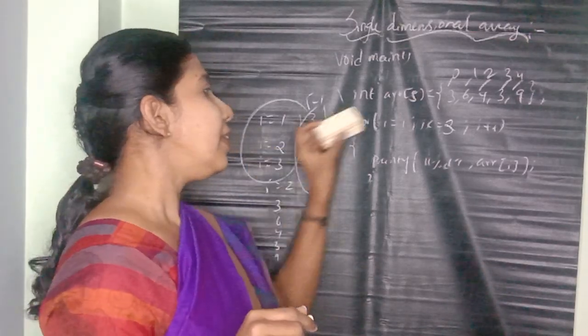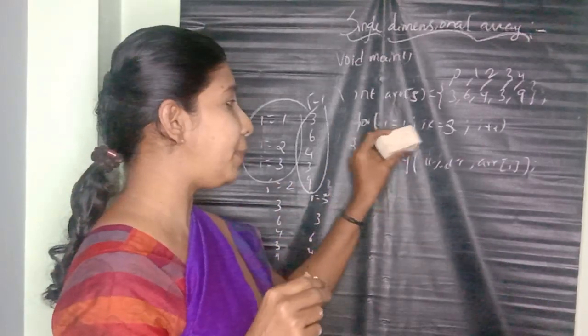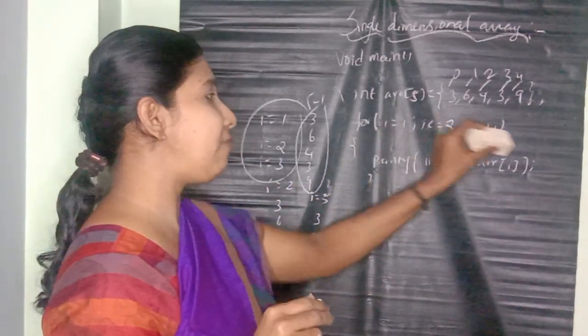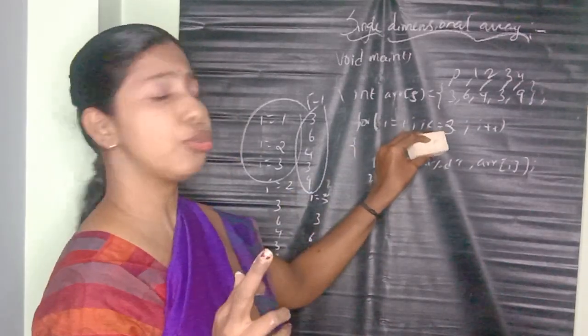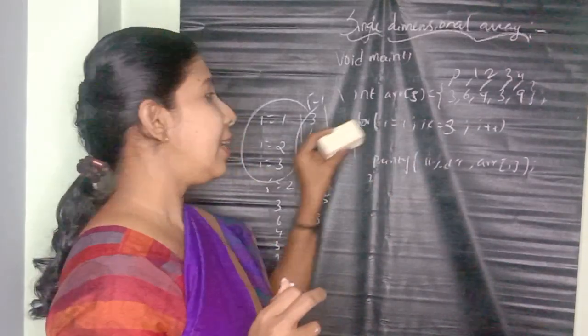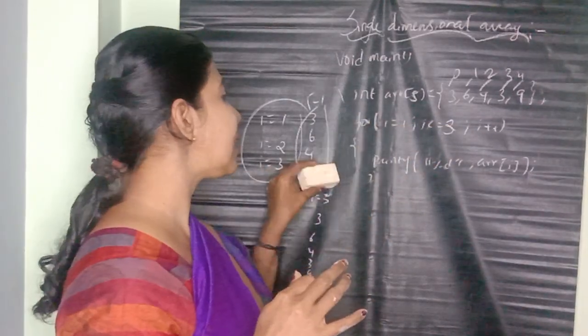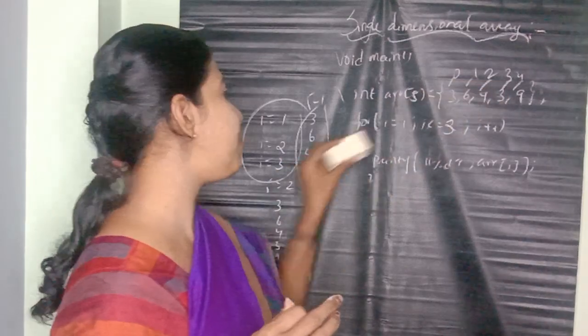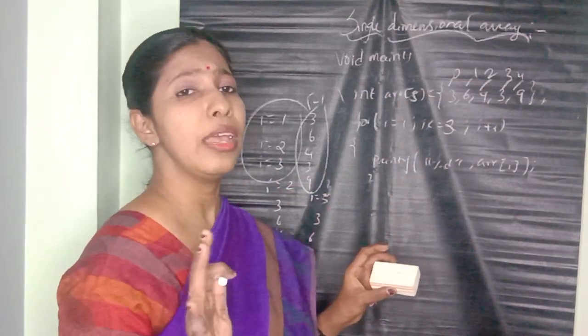Make a note of it. For loop means first I is equal to 1, it prints one time. Next I will be incremented, I is equal to 2. Again the condition is checked and it is true, so again it prints the second time. Again I is incremented, I is equal to 3, and it prints the third time. The collection of elements will be printed. I will be executed 3 times according to the condition. Make a note of it.